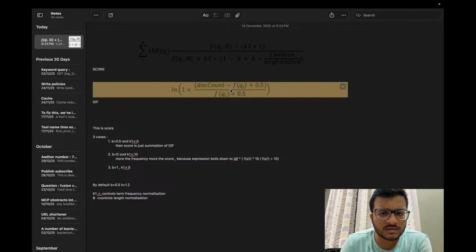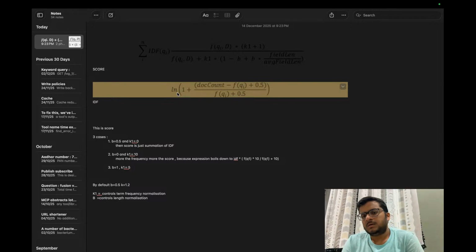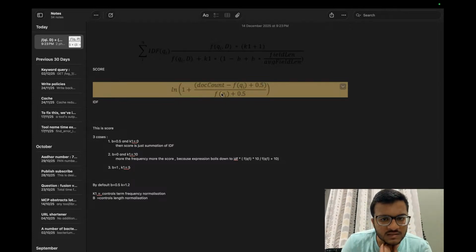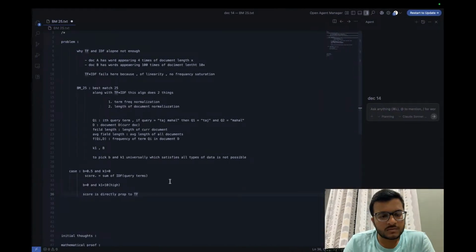And inverse document frequency of queries are already predefined. So not predefined, these are constants basically, and you cannot guarantee this because it's a logarithmic function. But if term frequency increases, this entire value decreases, because we are subtracting something from a constant plus 0.5, and 1 plus a decreasing value, so overall the IDF score will be decreasing, and it will be inversely related to the frequency of documents.